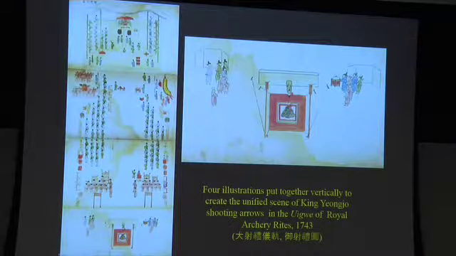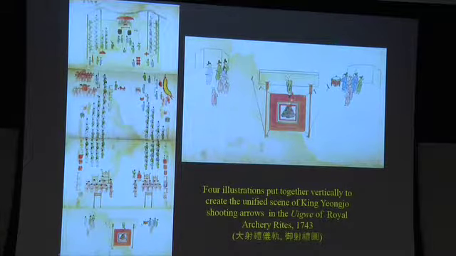And the guy here is standing, he's supposed to catch the arrow. The king will not kill him. And so this is interesting because you have to imagine the